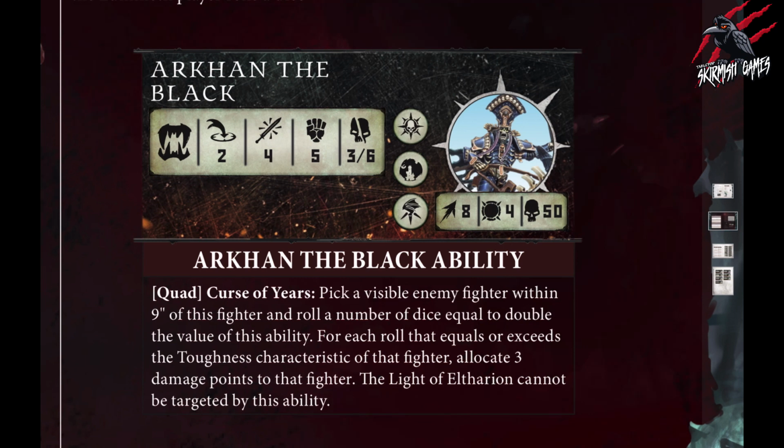Okay, so this is quite cool. I haven't seen this little mechanic before. We can now roll a number of dice equal to double the value of the ability and then work that against the toughness characteristic. So this reminds me of how we go up against breaking down the doors in Catacombs, where we go against, I think it's strength, with a dice roll. So I like that. That's a nice new mechanic,